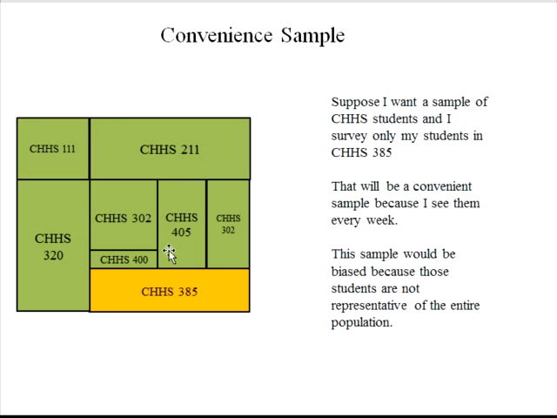So which ones should I select, right? Suppose I don't have a sampling frame, and the most convenient sample in that case would be to choose you, right? Students in 385. I would choose them. I see them every week. It's really convenient. But now, beyond all the ethical implications of me doing that, which you should know that it's not the ethical thing to do,